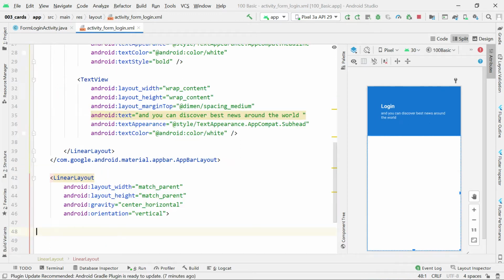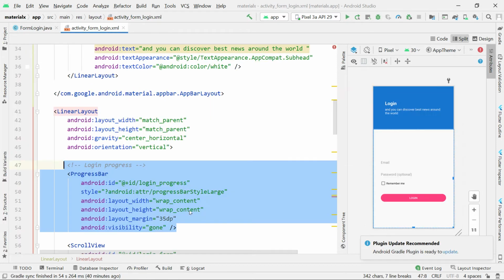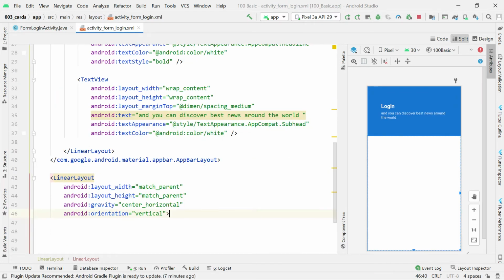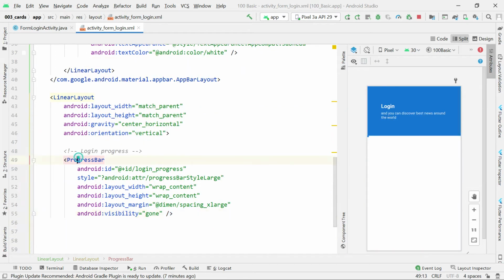So I'm going to put a progress bar. It is optional, but it is better to show the user when you're trying to log them in. So this is the progress bar, which has an ID called login progress, and then it has a style of progress. This is just optional, you can as well leave it. Progress large. Remember, these styles are the values that we talked about and already shared in the